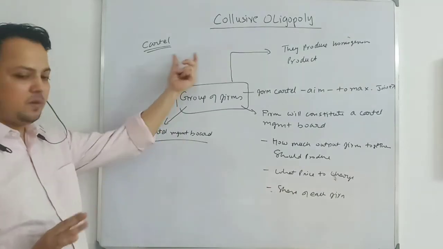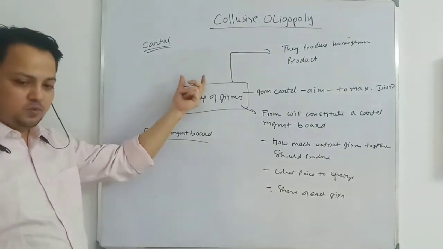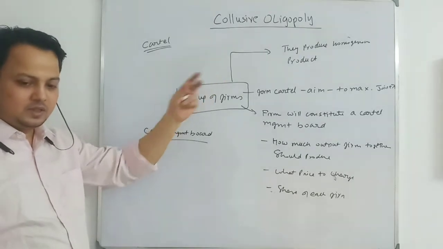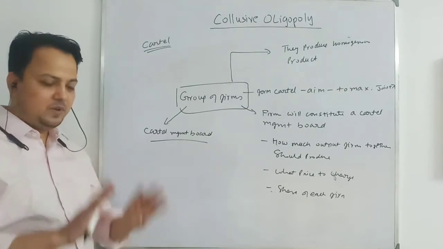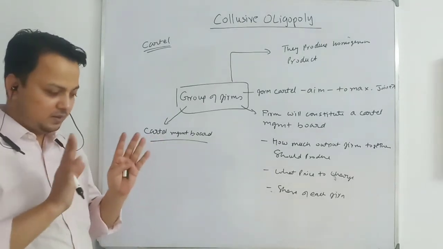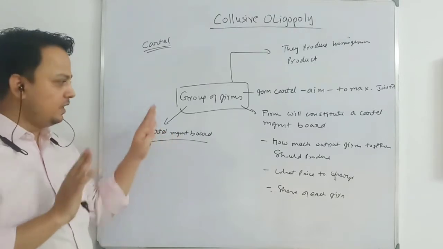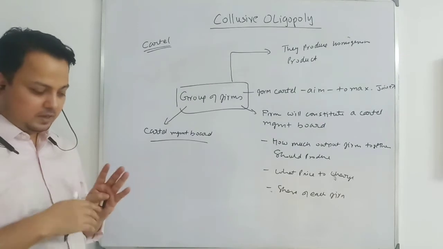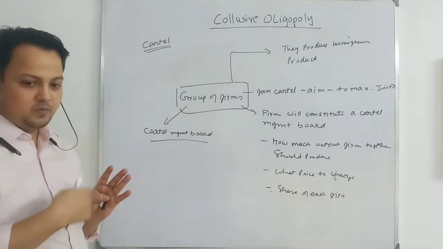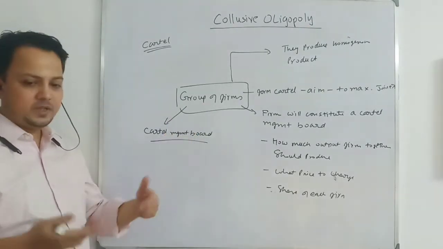A group of firms comes together in order to determine price and quantity. How much total output should we produce? What will be our share? They will not simply say, you decide, we will produce. They will need an estimate, a clear picture that we will be getting a benefit from this collusion. Otherwise, why would I join the cartel? Why would I be in this group, as long as I am not getting a benefit? I will join if I get the benefit.